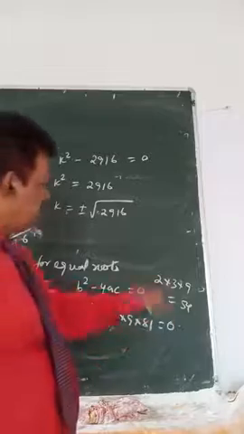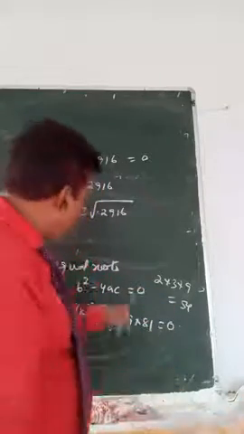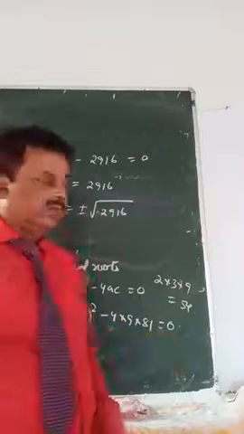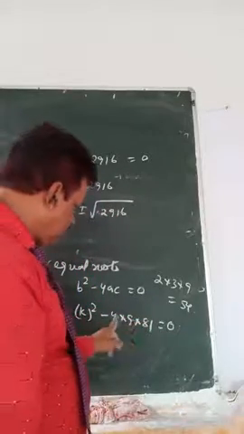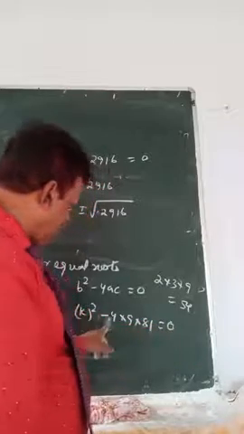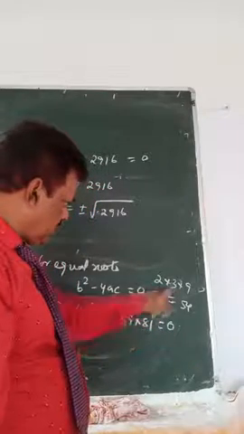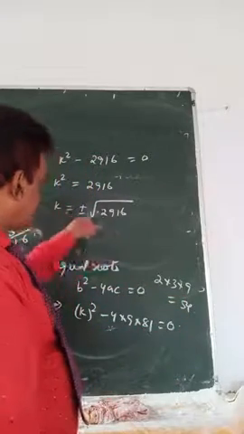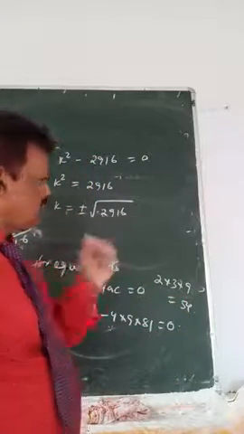Okay, this also should come 54, but why I am doing this is because again I have to remind you how to find the square root. This is direct method. Take this one to right side, root over 4 is 2, root over 9 is 3, root over 81 is 9, 54. But I am teaching you so that I will remind you how to find the square root.